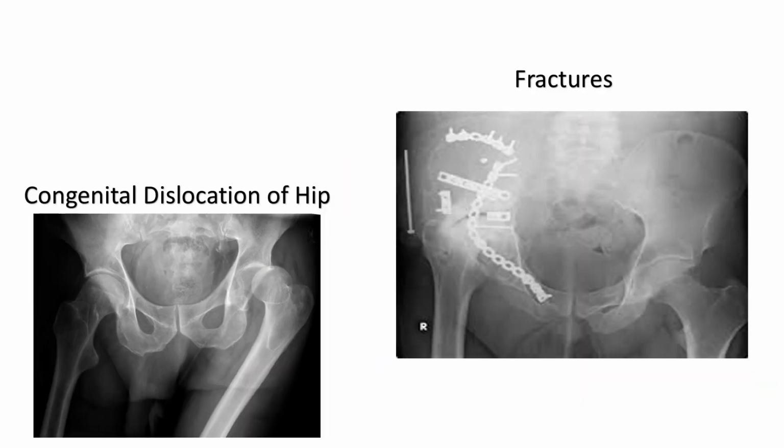Hip joint pathology. Arthrosis: a painful condition of the hip due to deterioration of the articular cartilage, known as osteoarthritis, common in those over 55 years. Coxa valga, coxa vara, fractures are common. Congenital dislocation of the hip, also known as hip dysplasia or developmental dysplasia of the hip. This presents due to abnormalities in bones as well as soft tissues.